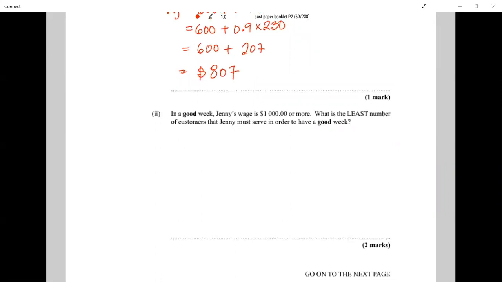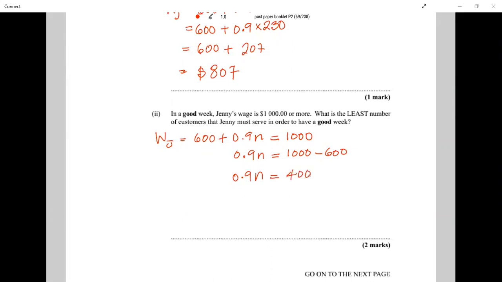This says in a good week, Jenny's wages is $1,000 or more. What is the least number of customers that Jenny must serve in order to have a good wage? All right, so if Jenny gets a good wage, she'll earn $1,000. So Jenny's weekly wage, WJ, is equal to 600 plus 0.9N, and in a good week, that would be equal to $1,000. So 0.9N, with N being the number of customers, would be $1,000 minus 600. 0.9N would be equal to $400. Divide both sides by 0.9. So N is equal to